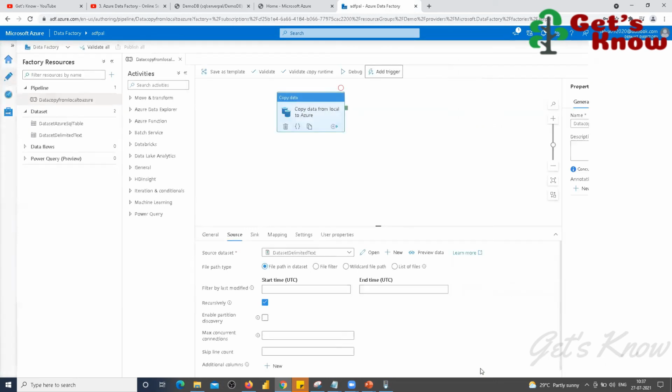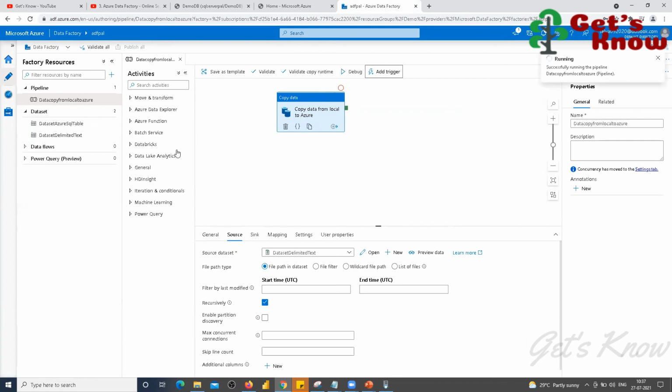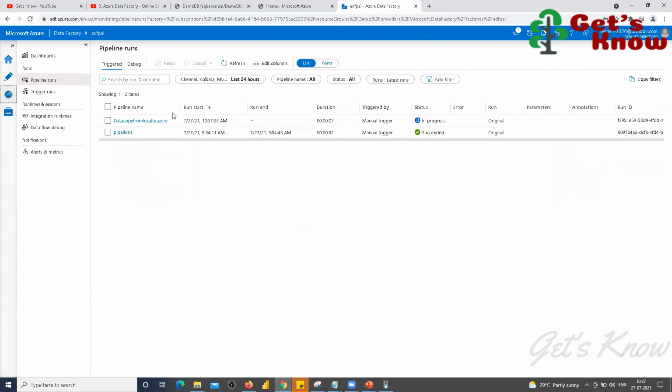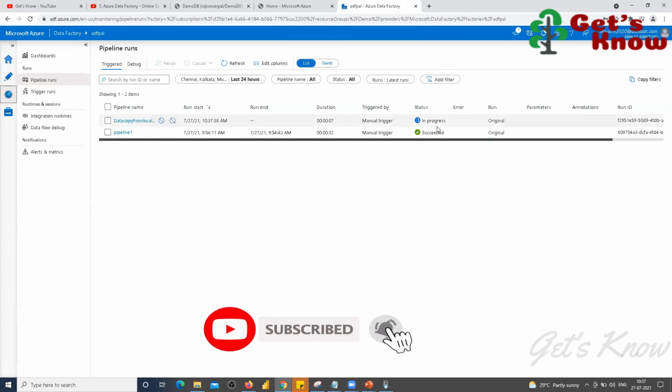Yes, it's okay. If you want to monitor your pipeline run, come to the monitor icon. There you can see all the pipeline details. This is in progress. This is my pipeline name, data copy from local to Azure. This is my pipeline.